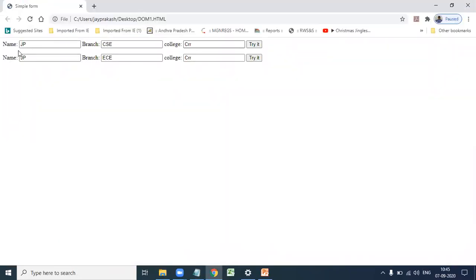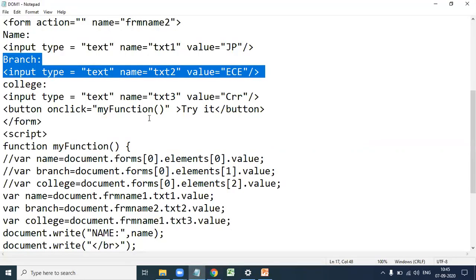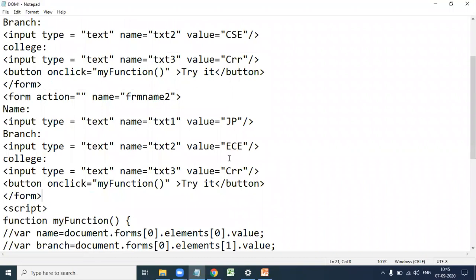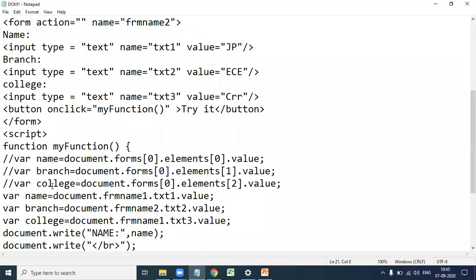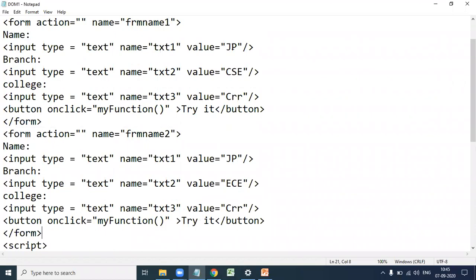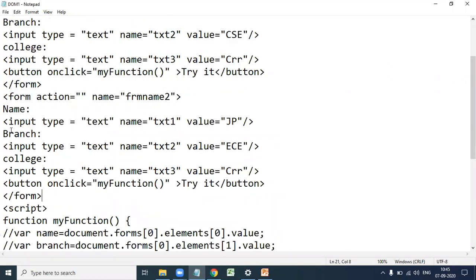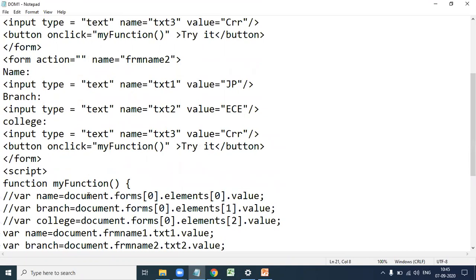See here, there are two forms. The first form has JP CSC CRR, and the second one has JP ECE CRR. So here we are accessing the element name in the first form, branch in the second form, and college in the first form. Name in the first form is JP, branch in the second form is ECE, and college in the first form is CRR.